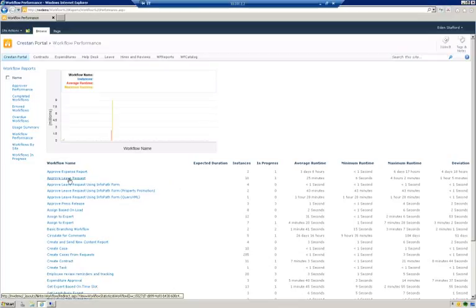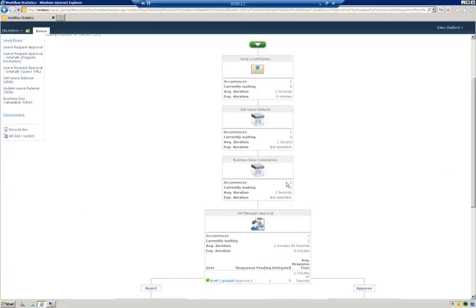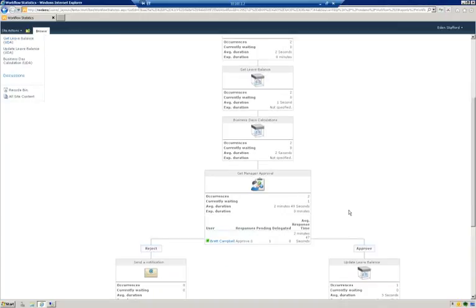If we're looking at the leave request workflow, for example, and we say, well, hold on, the average runtime is 25 minutes, which is actually pretty good. But if that's faster, or I should say slower than we wanted, we can drill in to each of these processes, and we can start to get an action-by-action report of how long everything is taking and how people are responding. So we can see here that for the leave request solution, we have an average response time of about